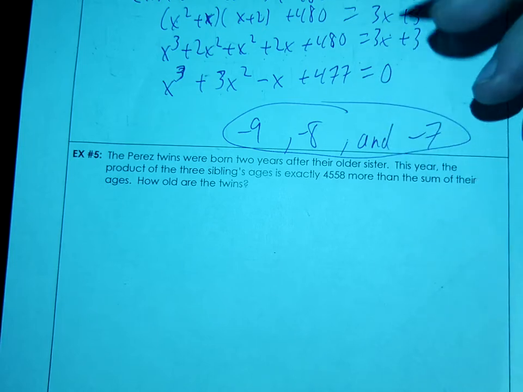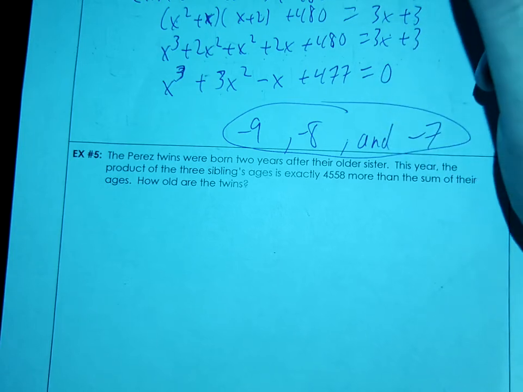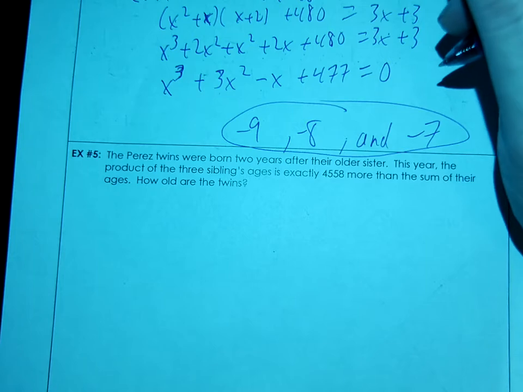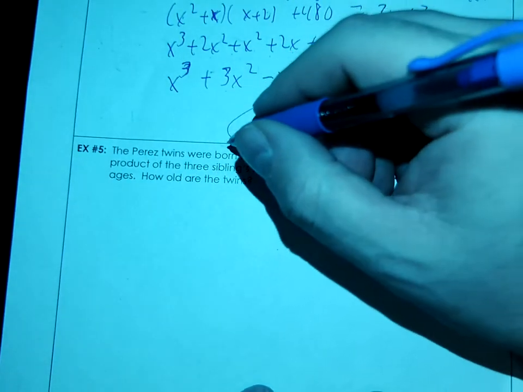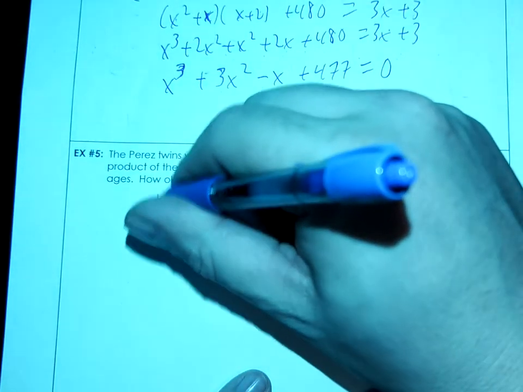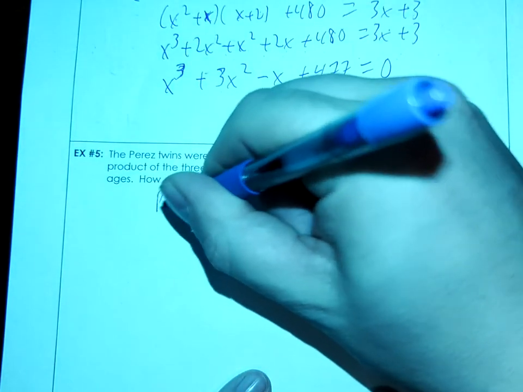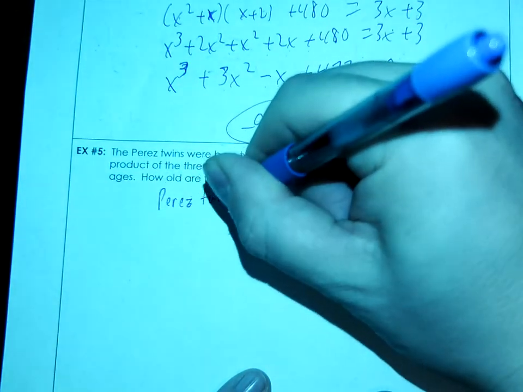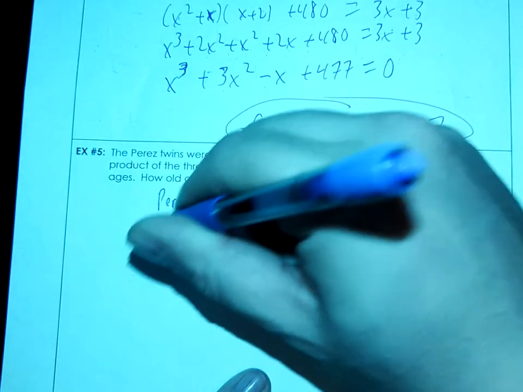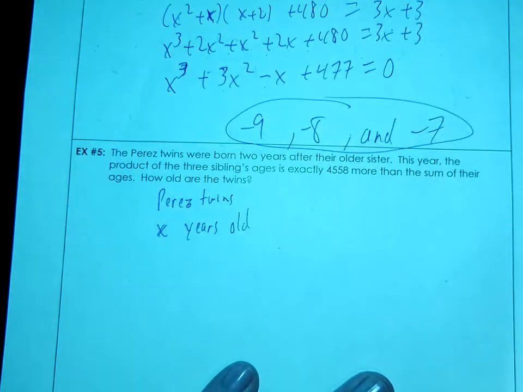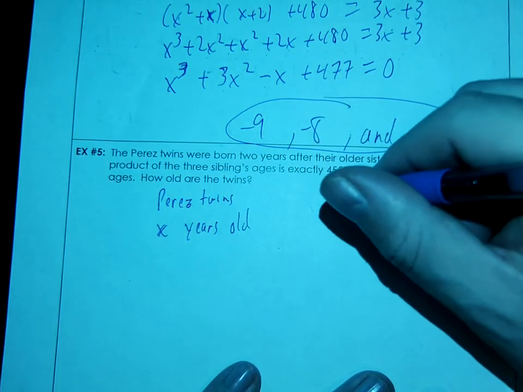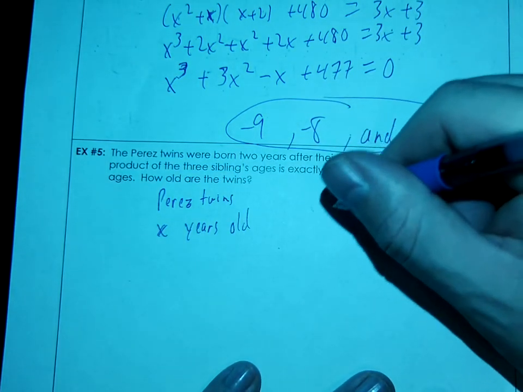The Perez twins were born 2 years after their older sister, so they're twins, there's 2 of them. This year, the product of the three siblings' age, so the Perez twins are the same age. So we're going to say the Perez twins are X years old. There's two of them. And then their older sister,